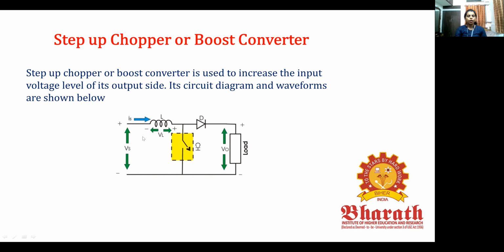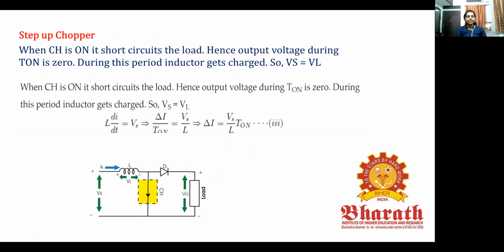We shall see now how the voltage is boosted. In the first condition, the first step, I'm going to turn on the chopper. So what will happen? We have an inductor here, which is of course an energy storage element. We have a short circuit here and then we have a diode and the load. Usually we know that the current always takes the path of least resistance. So here, since we have a short circuit path, the entire current flows only through the switch.